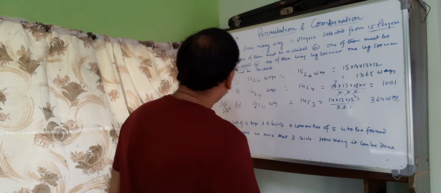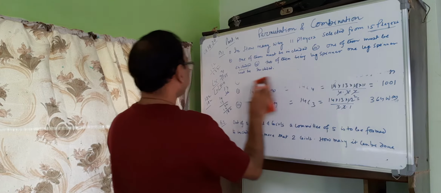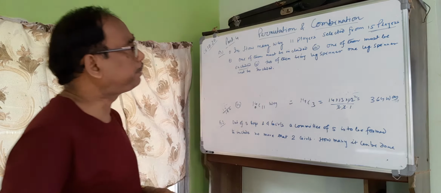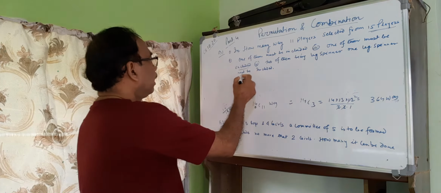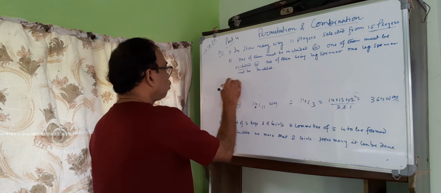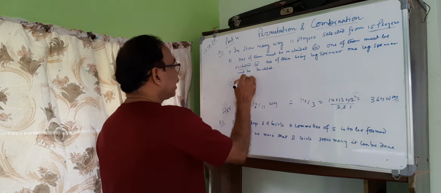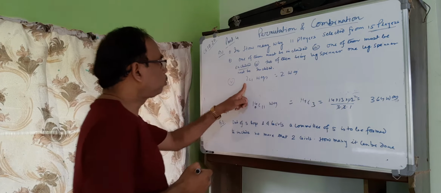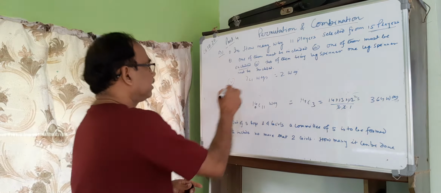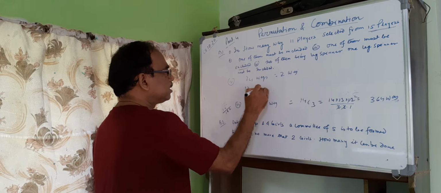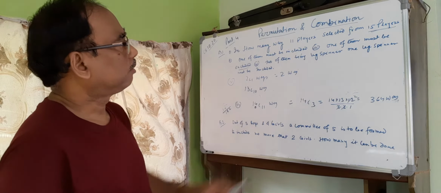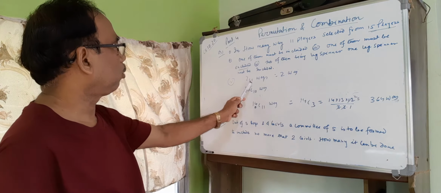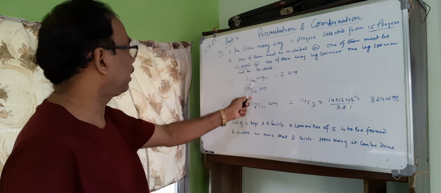Next, sum number 4. Of the two leg spinners, one leg spinner must be chosen. Two leg spinners, you have to choose one leg spinner, that is 2C1 way. That is 2 ways. So from 2 we have chosen 1 first. The remaining is 13. So from 13 you have to choose 13C10 ways, because from 15 players, 2 players gone, that is 13 players remaining, and 1 player chosen before, that is 11 minus 1, that is 10.